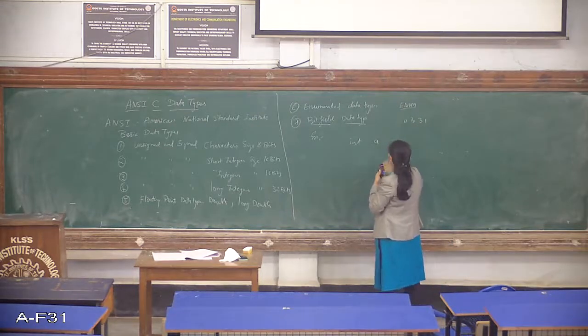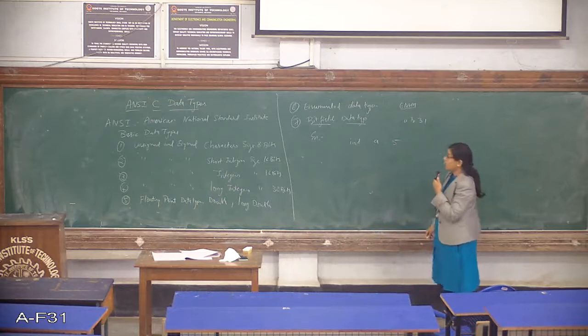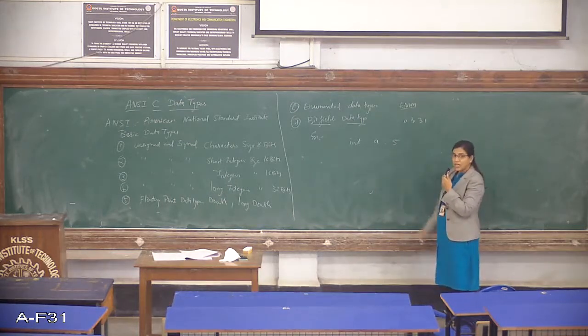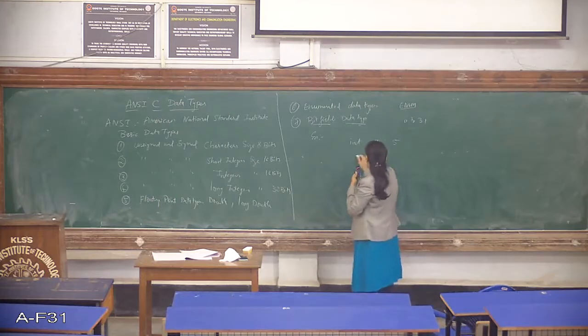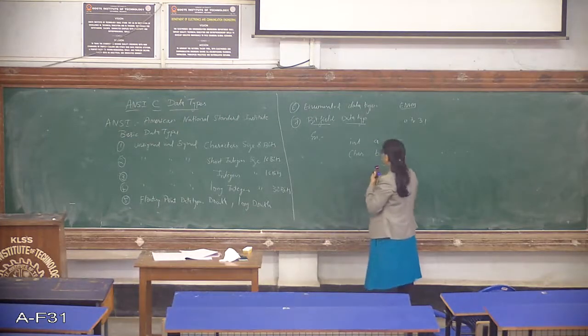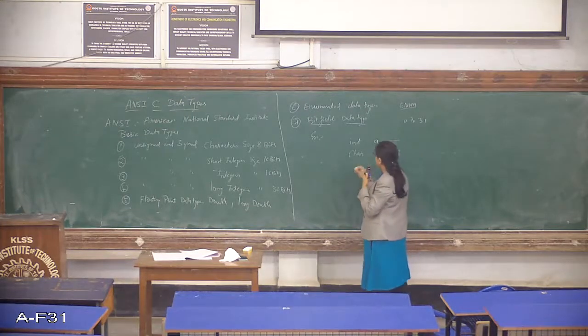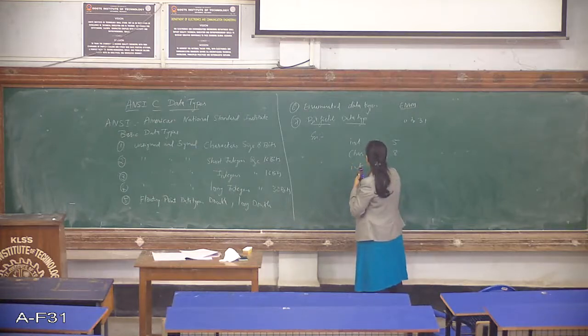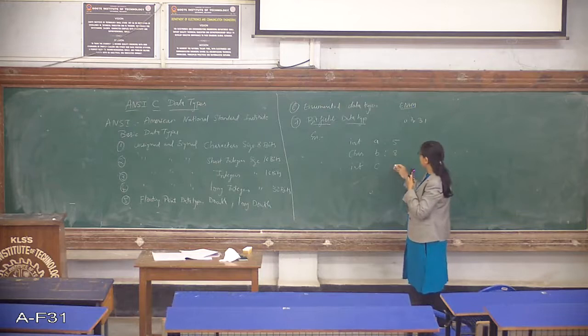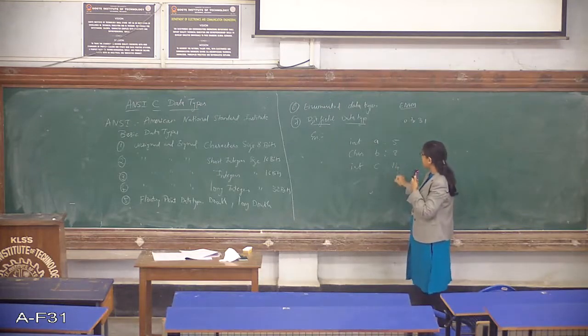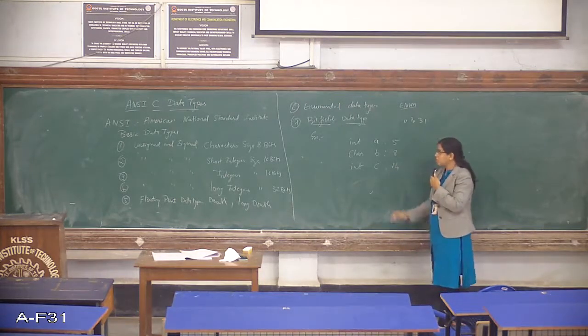So I'll be just writing it as 5. So instead of using the whole 8 bits, I'll be using only 5 bits for indicating the data. Similarly, for char, I'll be having 8 bits here. Similarly, if I have one more int c, suppose this requires maybe 14 bits, I can just mention it as 14 here. So this is how you'll be using the bit field data type.